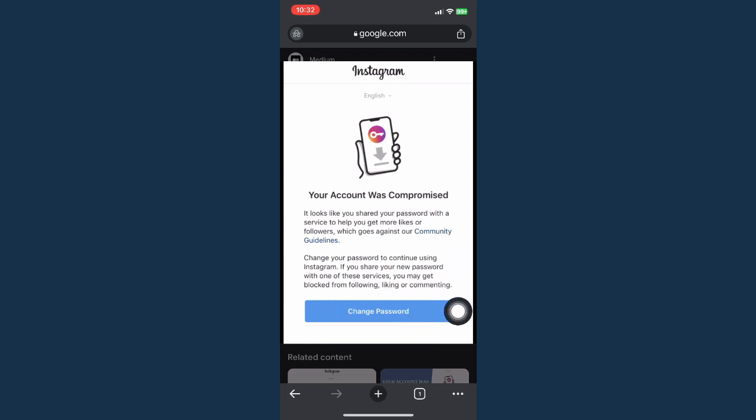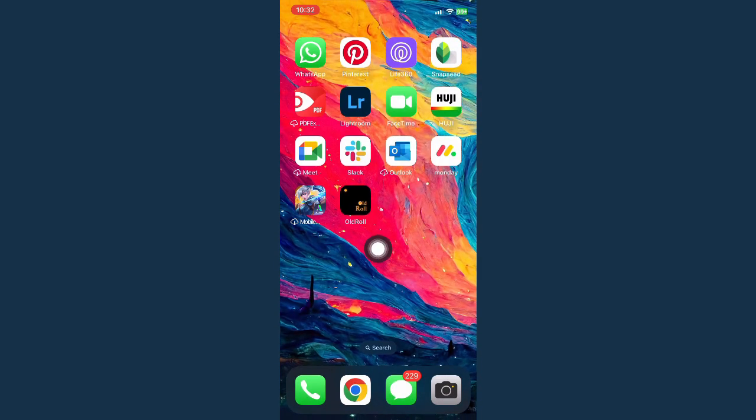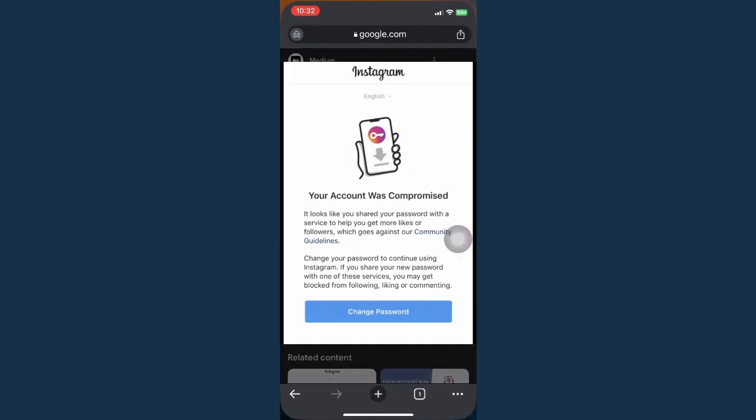So, if you cannot click on the change password, what I would suggest is that you go to your web browser such as Chrome or Safari and then go to Instagram.com and sign in with your account. Once you have signed in your account, you may click on the change password right here and simply follow the